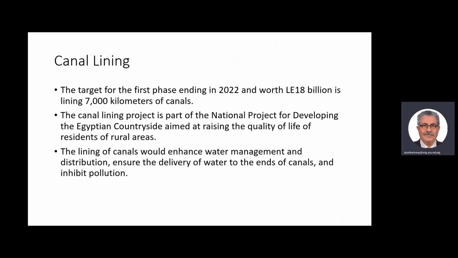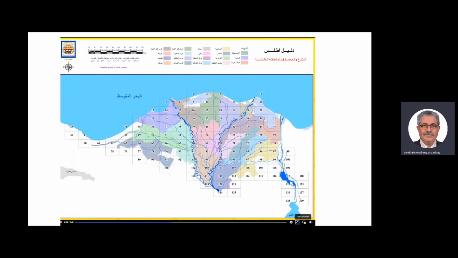Canal lining is another impressive project, and the first phase that will end in 2022 and is worth 18 billion Egyptian pounds is to line 7,000 kilometers of canals. Lining canals will enhance water management and distribution, and ensure delivery of water to the ends of canals, but I have a comprehensive list I'm going to show you now, but this particular map I showed to show the intricacy of